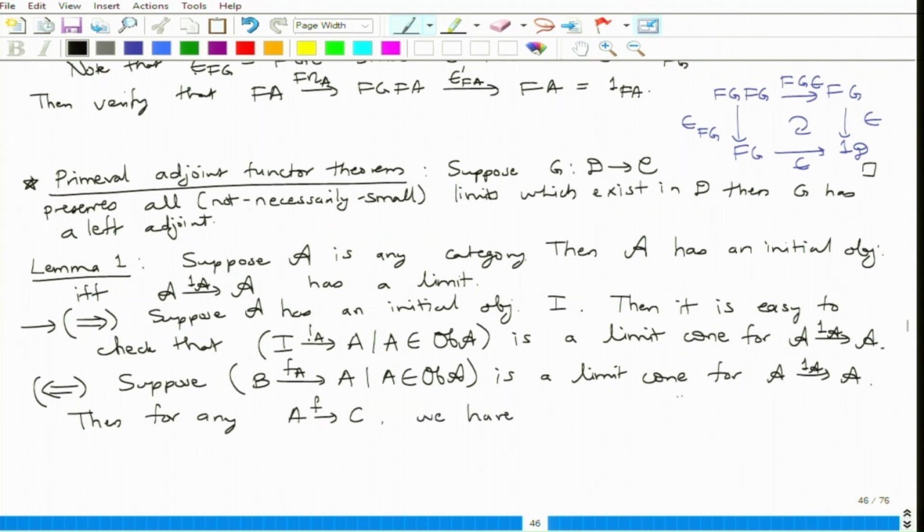Which diagram commutes? Well, this particular diagram. This is FA, then this is FC, and this is F. We have this diagram commuting. Okay, so in particular,